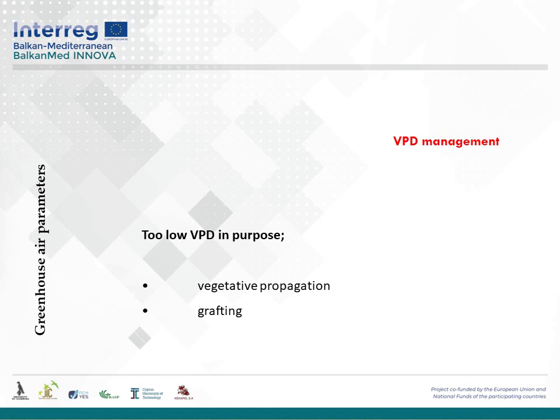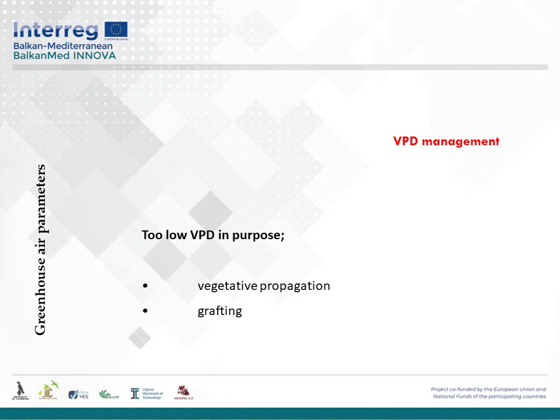And this is the case of vegetative propagation. And this is mostly used in olive seedling propagation, when short cuttings are being placed in a substrate, in an artificial substrate, to root, and until